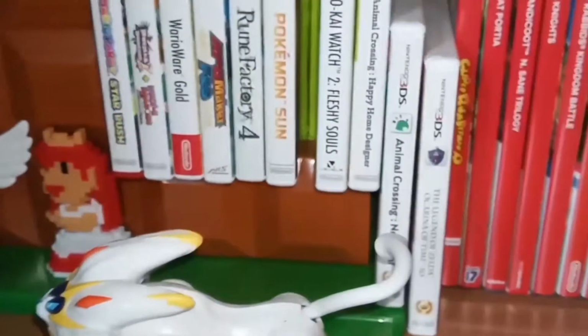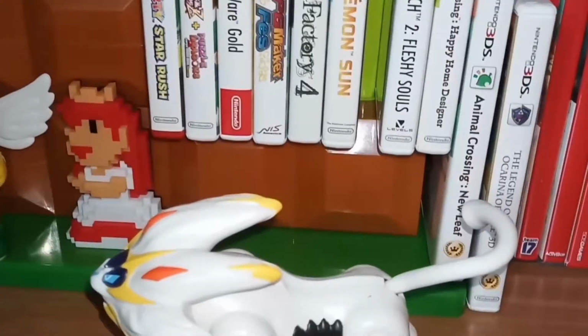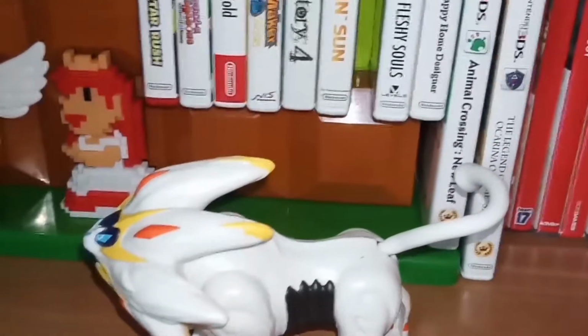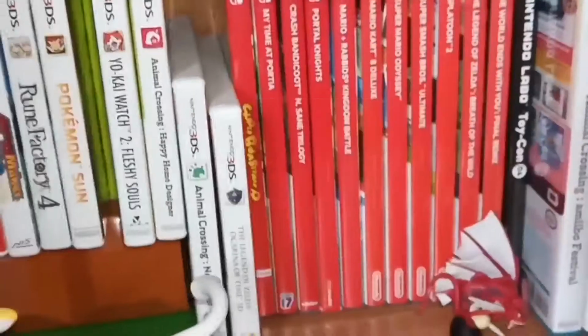Some of these I haven't shown off actually, because I had a pack of it, and then I showed off more on my Twitter, but I believe there were some that I never showed off, like Pit, which I got after I got the second pack, which was a special one. If I can find Pit, wait a second. Crud, where is... I can't find them actually. I'll just show an image so you know what it looks like. Yeah. I gotta put them back too, so...